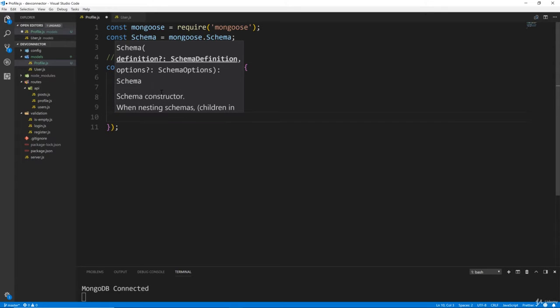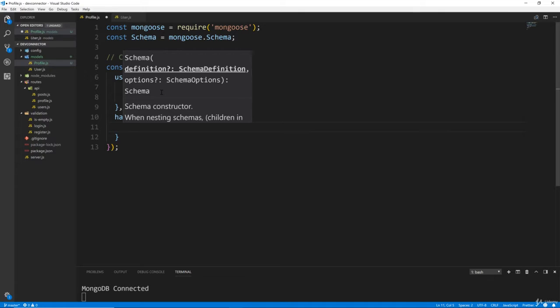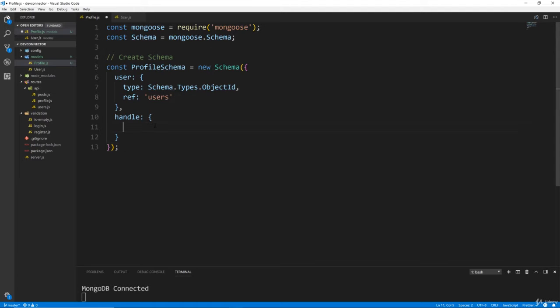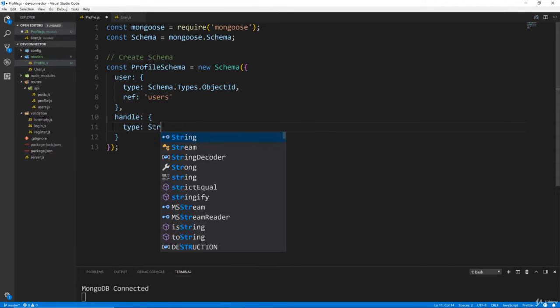So in addition to that, we're going to have a handle. Like I said, we want basically an SEO friendly URL for profiles, so they could go to devconnector.com or whatever the URL, /profile/ for instance, if I chose Brad Traversy as my handle, then they could go to profile/Brad Traversy and my profile would pop up. All right, so this is going to have a type of string,